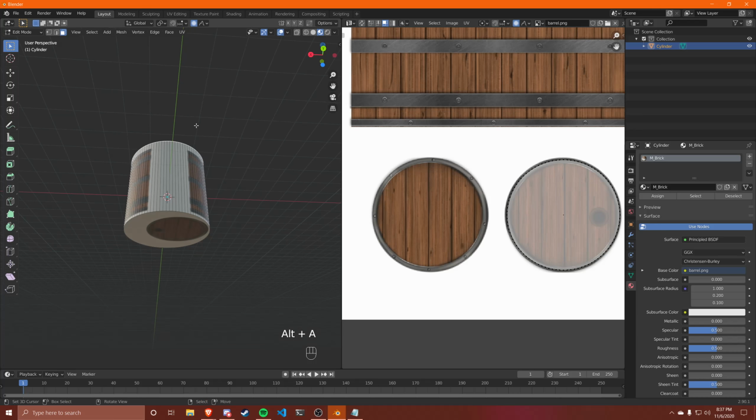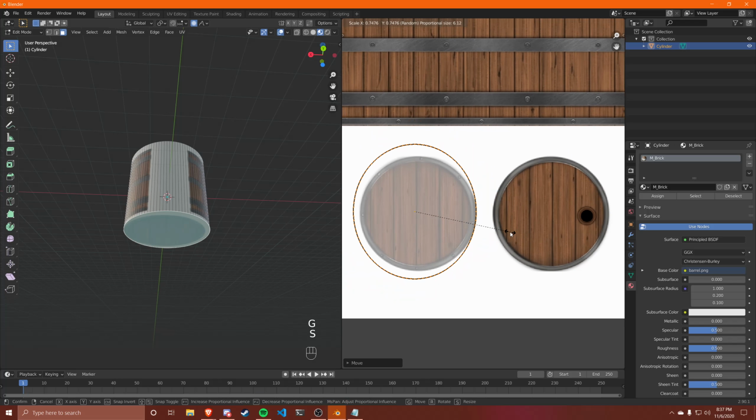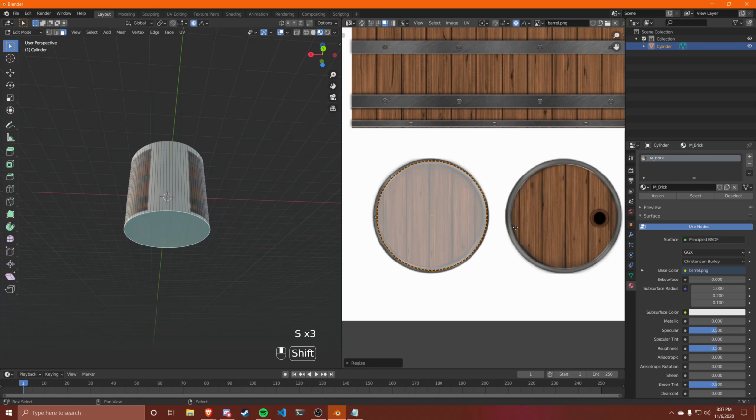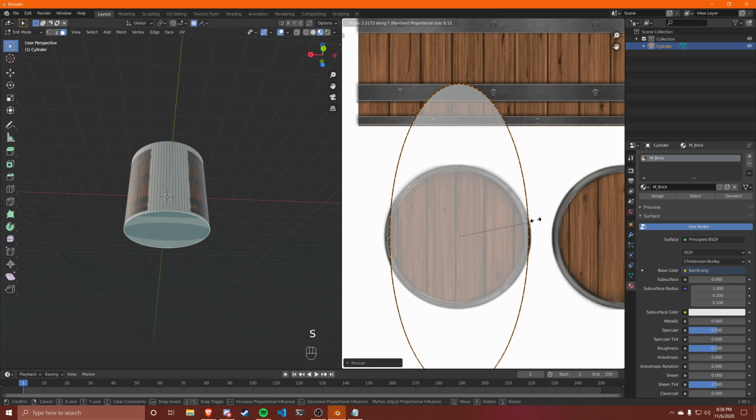There we go. Now I'm going to do the same thing with this face. I move this over here, scale it down. It's important to note here that the y-axis is this way, the x-axis is this way, because this is a 2D projection, right? There's no z-axis. So scaling on the y is like this, scaling on the x is like that. So I'm just going to line this up as best I can. And you can see here we now have a nice top and a nice bottom,